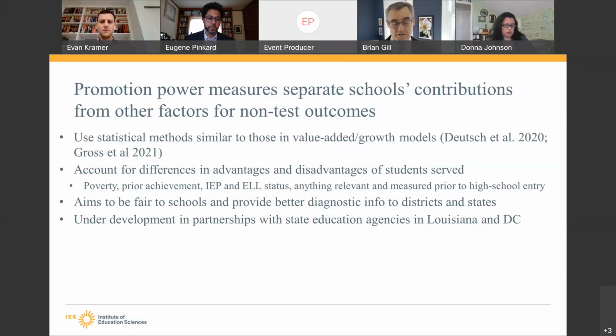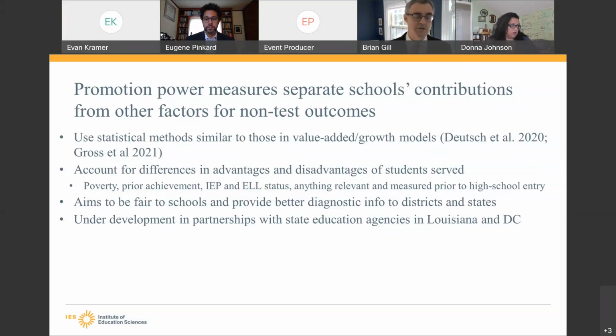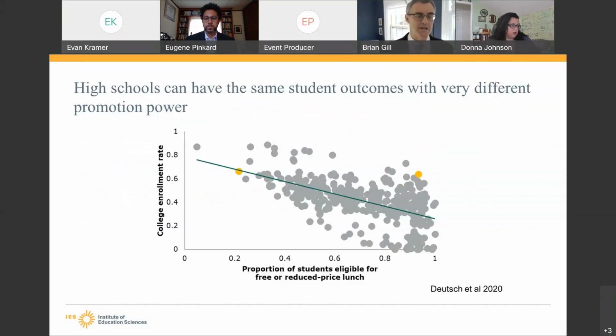Could be applied to registration and voting, could be applied to earnings in the mid-20s. The idea being we try to account for the differences in advantages and disadvantages of the students served and put schools on a level playing field, and give the policymakers and administrators better diagnostic information. So what does that mean?